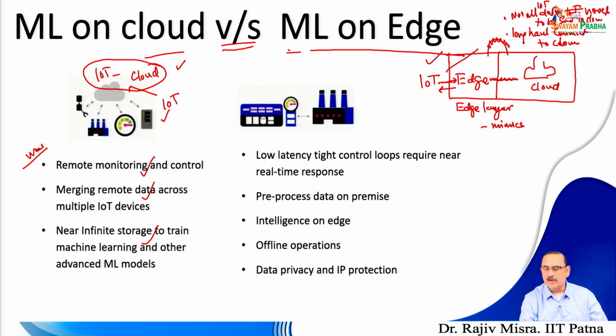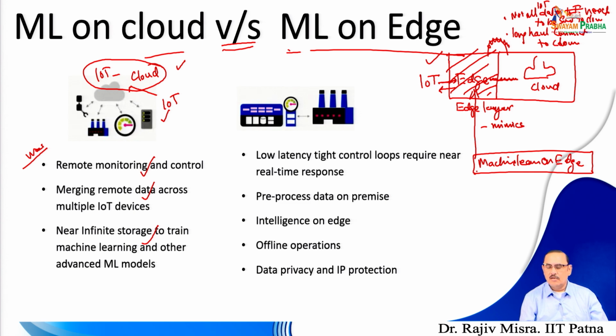So, let us understand what kind of functionality is required here to save all that, and this particular functionality is called doing machine learning on the edge. So, the edge enables the machine learning to run on the edge,